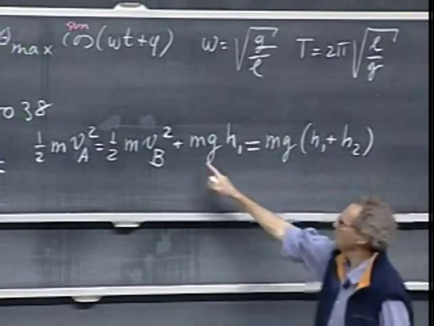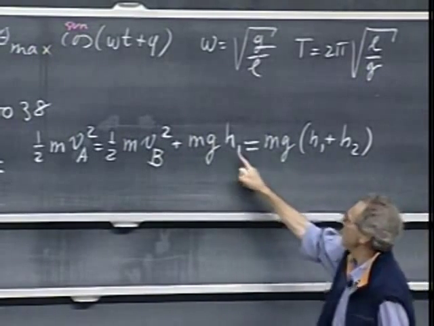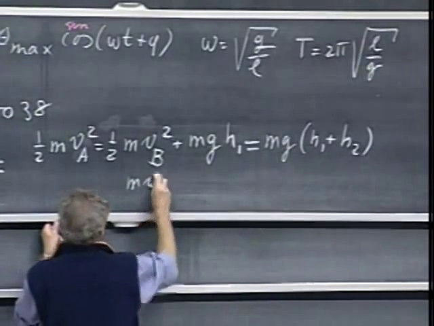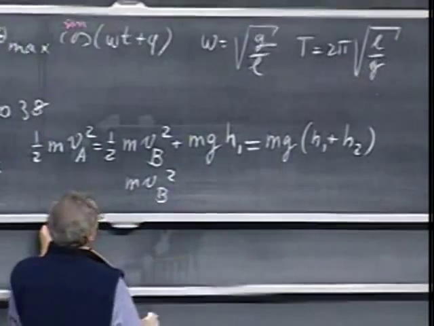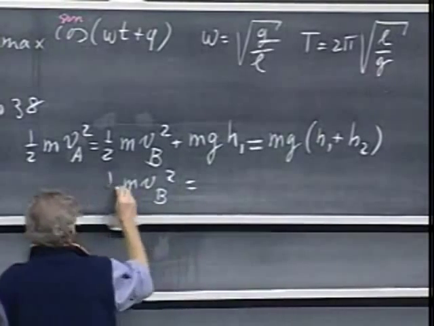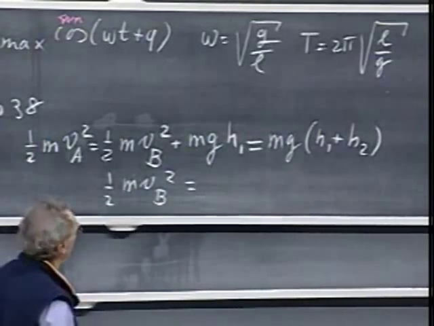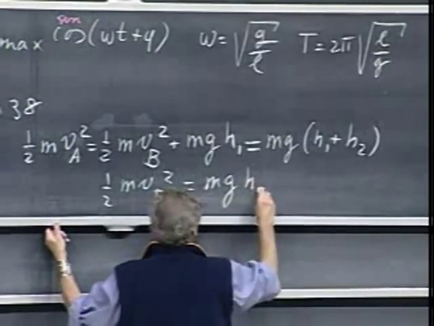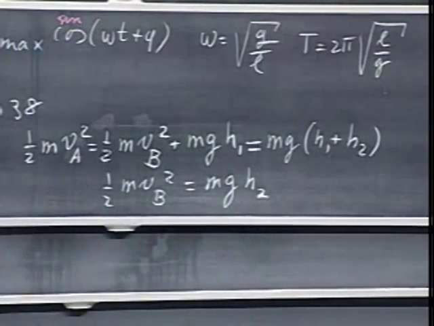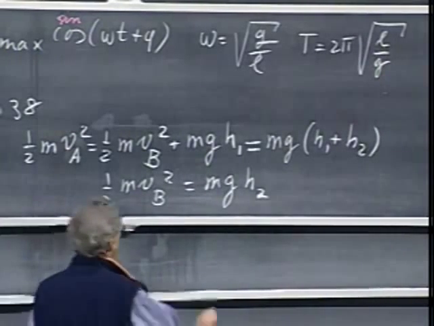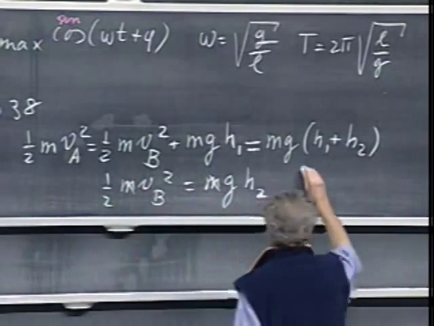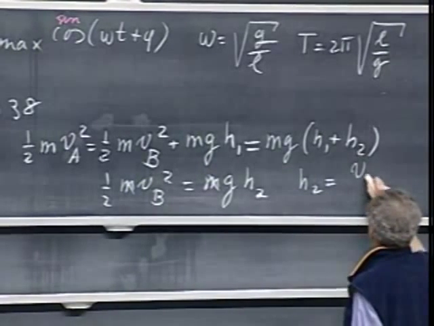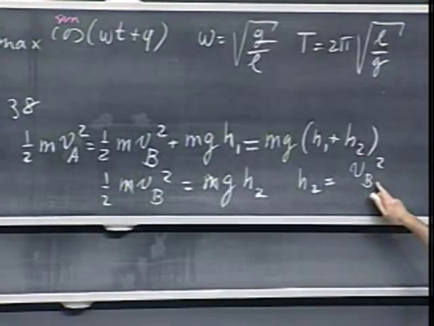If you compare this part of the equation, you see that you lose mg h1, and so you'll find that 1/2 m VB squared, we carry the 1/2 for now, equals mg times h2. And so you will find immediately h2 equals VB squared, which is known,